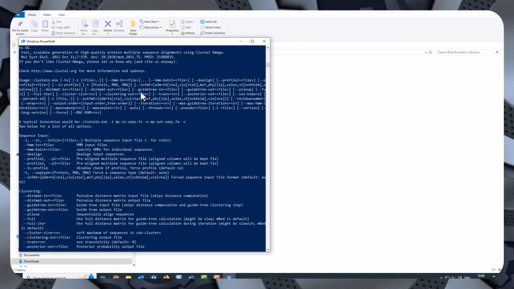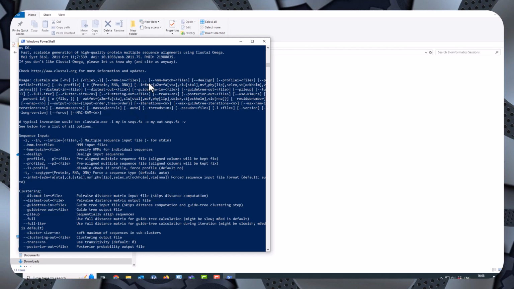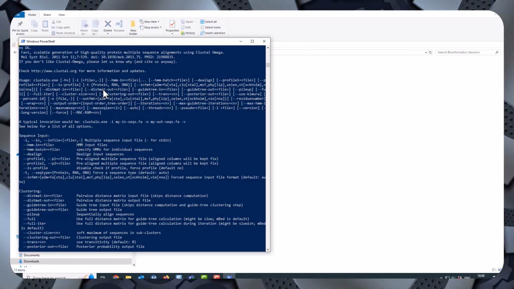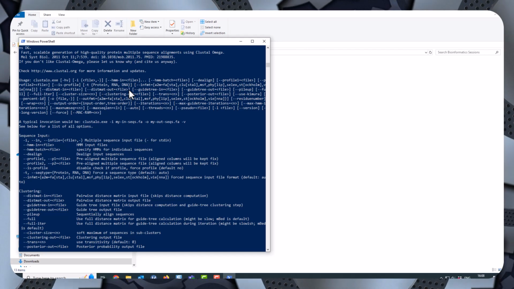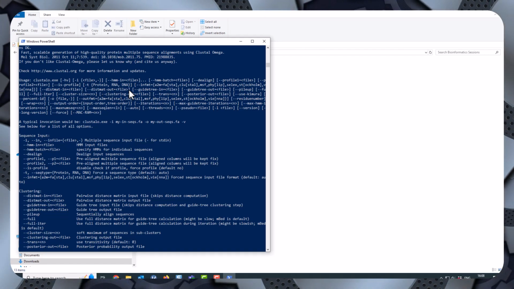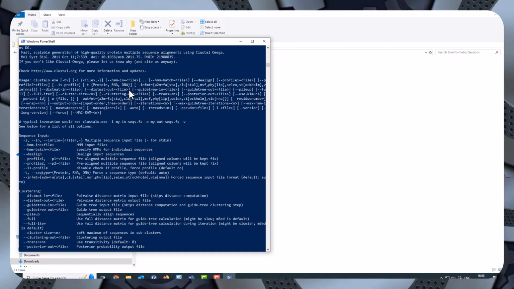So it tells you it's -I, the name of the input file. Then there's all these options that you can pick to specify how you want to do it. I don't want to pick any of these options. I want to keep it simple at this particular time. So a typical example is